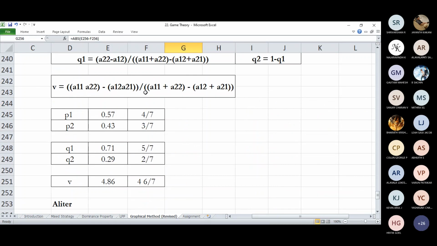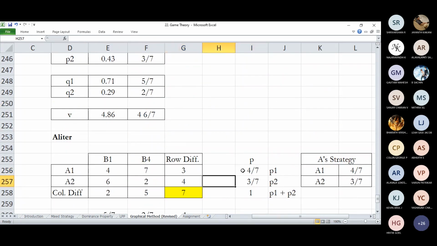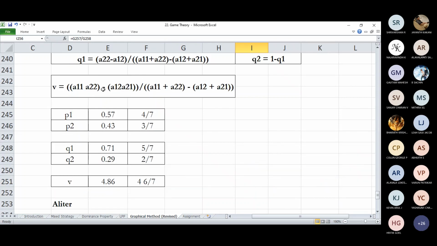But if you are interested in using a formula, and you have some issues finding this particular stuff, or you have an iota of doubt whether your answer is correct or not, then you can prefer the formula approach also, where if you write the formula correctly, the result will probably not have many errors. All right, so this is the end of game theory.